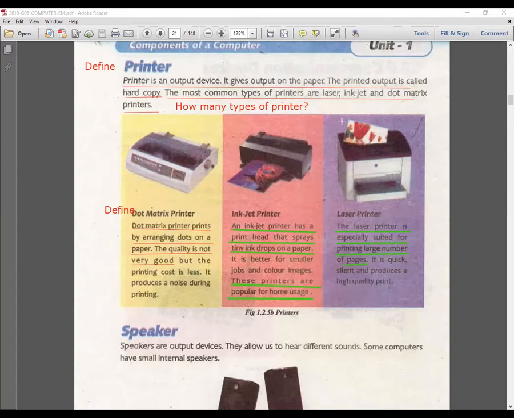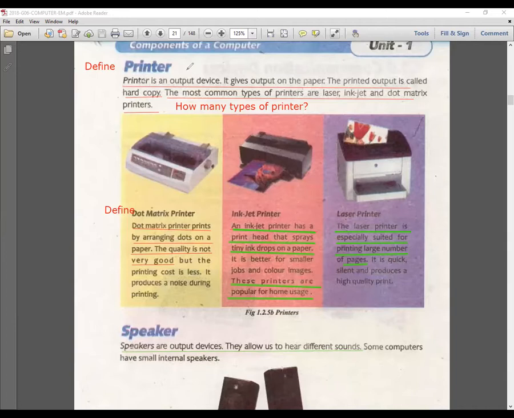It is always used when you have to print a large number of pages, and you can use it in a big organization or colleges like this. Then you will have to write the question, define speakers. Speakers are output devices and they allow us to hear different sounds.